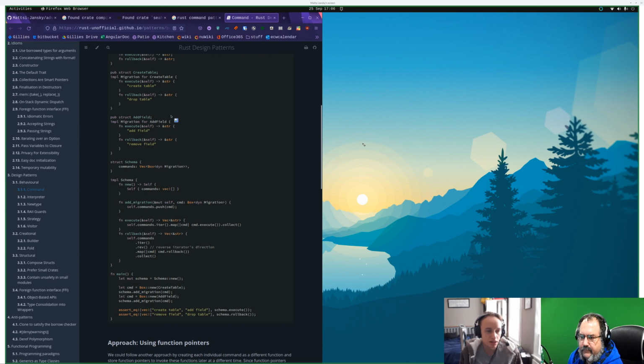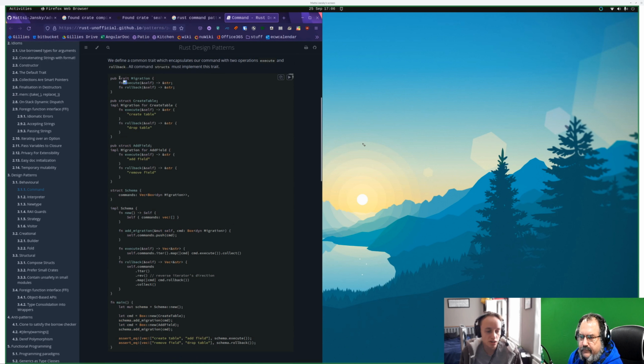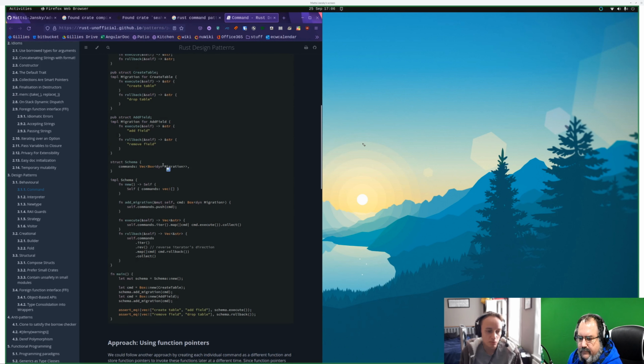I think we can start by at least creating, say, a trait and some structs for a couple of commands. Then we can try this next bit. As for test driving it, I guess no behavior is actually going to change. This is more like a refactor step. We'll just have to rely on our existing tests to make sure they continue to pass.